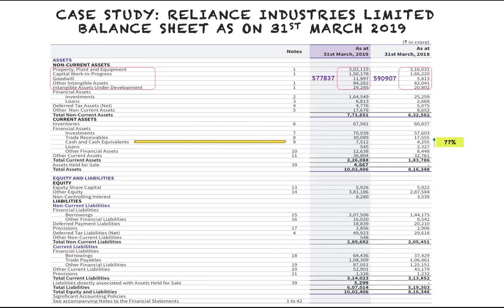Next one is cash and cash equivalents. So if you see note 9, it will tell you that it's 7,500 crore versus last year 4,200 crore, and some 2,100 crore additional has been given as securities. You know, some FDs have been placed with the bank as security, collateral security. So that's why this has grown.